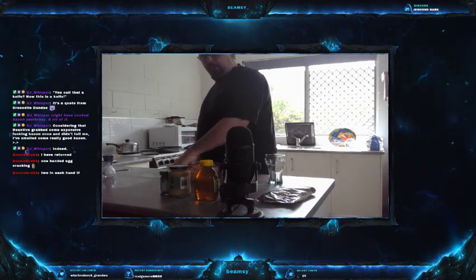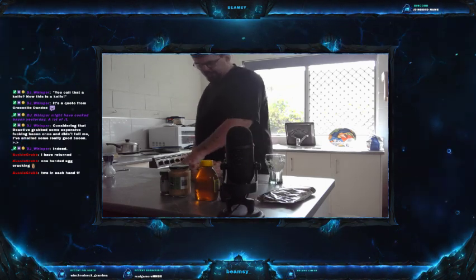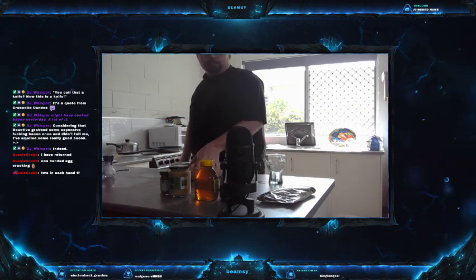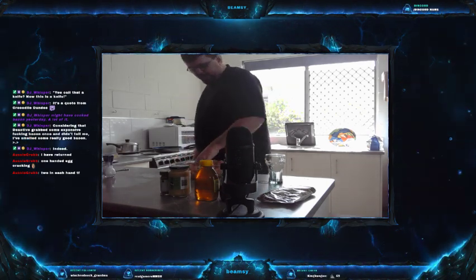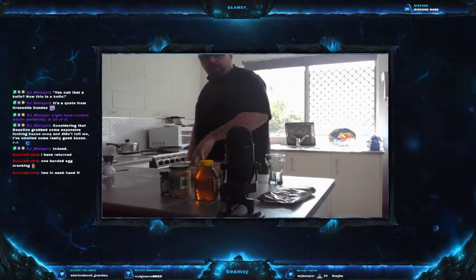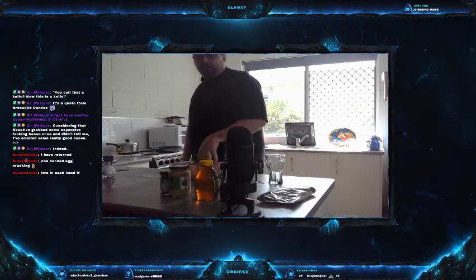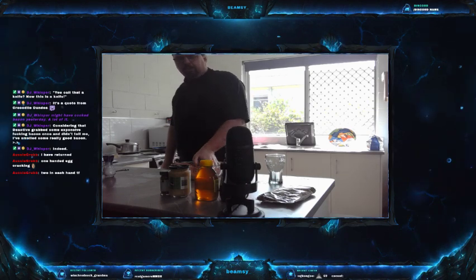Because when it comes to making product, with all food, you can follow recipes, but recipes are only a guide. It's one thing that people don't get. The idea of using a recipe is to give you a basic idea of what you're meant to put in there for the ingredients, but because ingredients change,